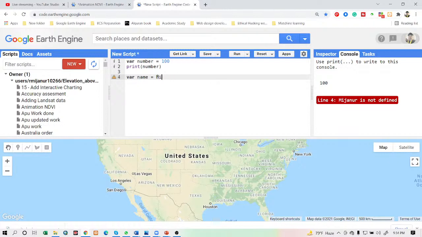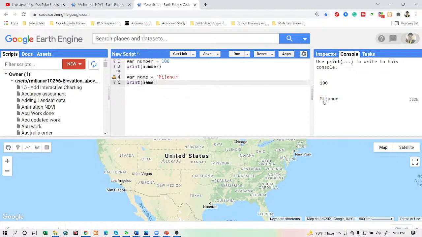So that's why I simply use here the single quote on two sides. I simply use the name, and now I want to print this, so I simply use print name. Okay, now we can get this result from here. Just remember that when you use a string, then you need to use a single quote or double quote on two sides, then it will work.